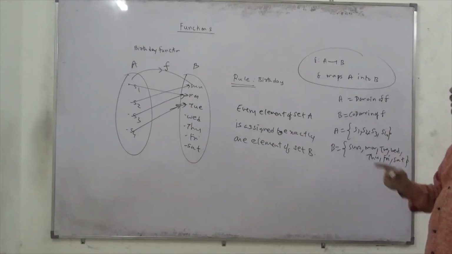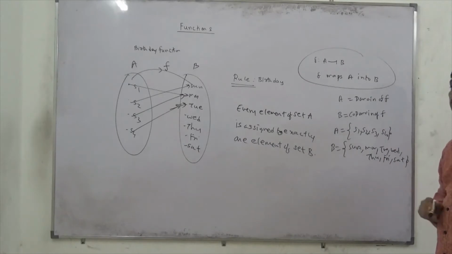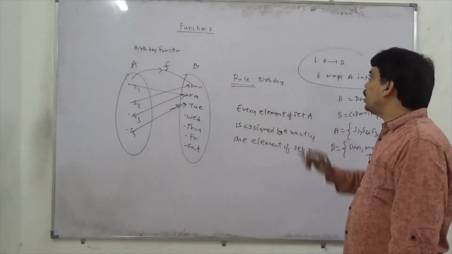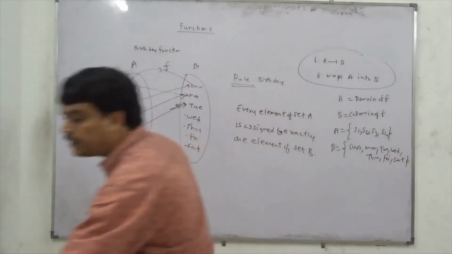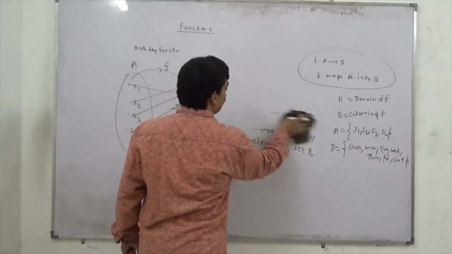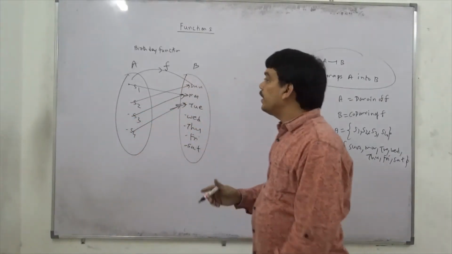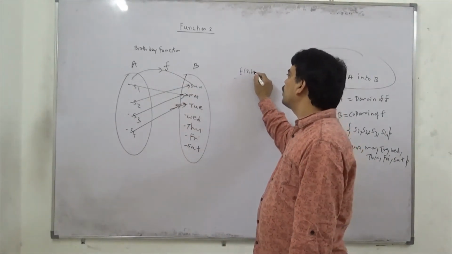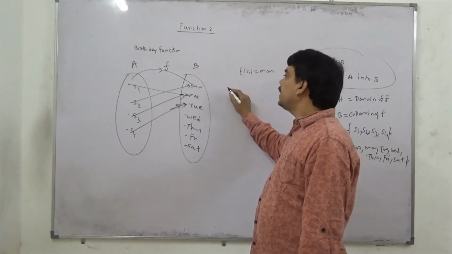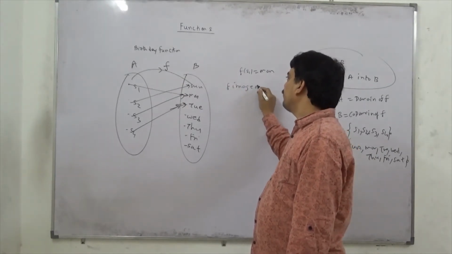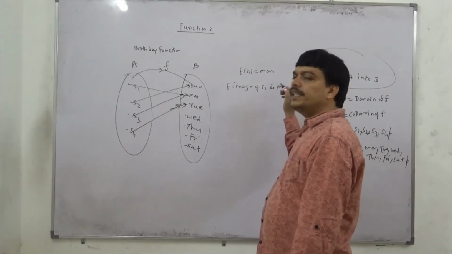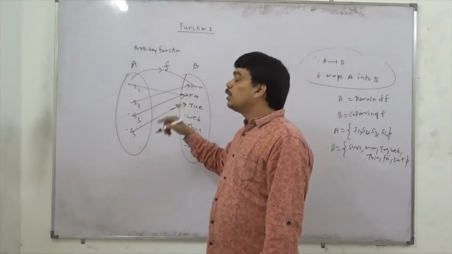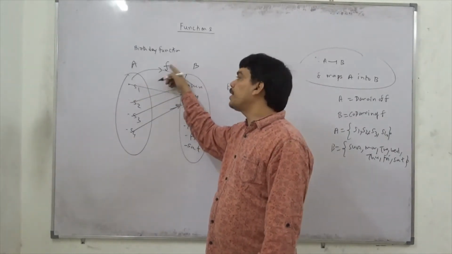Apart from this domain and codomain, we also have to define one more quantity called the range of the function. But before we define the range of the function, we will discuss something about image and pre-image. Now you can see that S1 has been assigned to Monday using this rule. So we usually write that as f of S1 equal to Monday, and we read it as f image of S1 is Monday. Basically the element of B which has been assigned to some element of A using this rule can be called its f image. So when you assign S1 to Monday using this rule, we say f image of S1 is Monday.